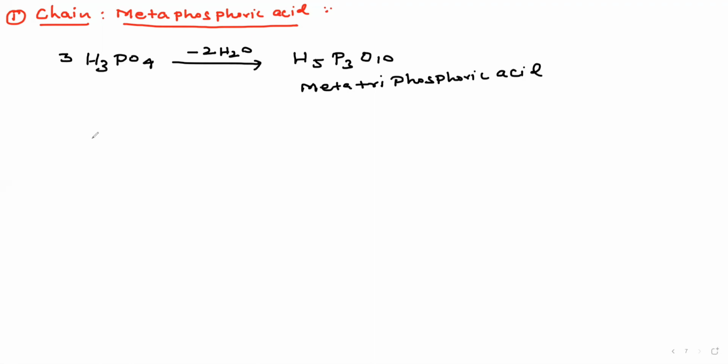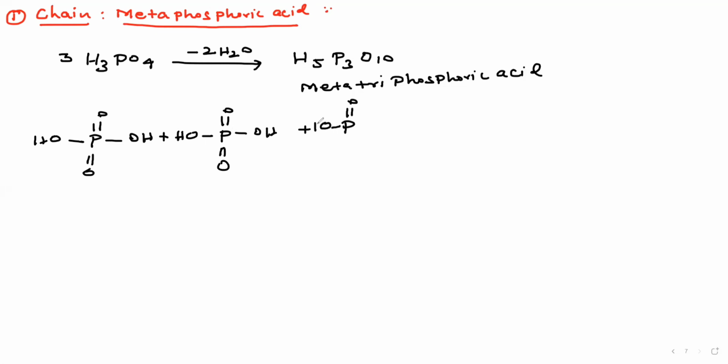We know, right? Simple structure. P double bond O, here double bond O, here OH. This is one molecule. P double bond O, also double bond O, here OH and OH. Take the other molecule, plus and plus. P double bond O, here OH, here OH. Sorry, this OH only, right? Only one PO bond, right? OH, this OH, this also OH. Now remove the water molecule.